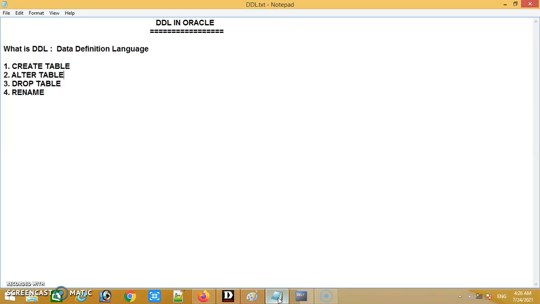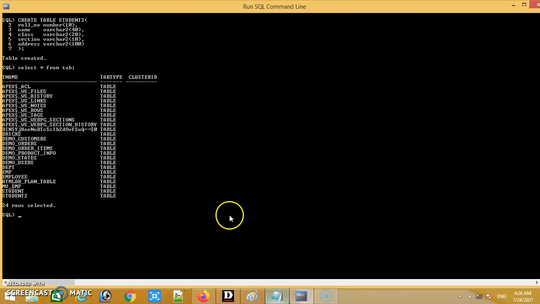Okay. So now I have to write alter table student2, and what is the column name? Column name is name.